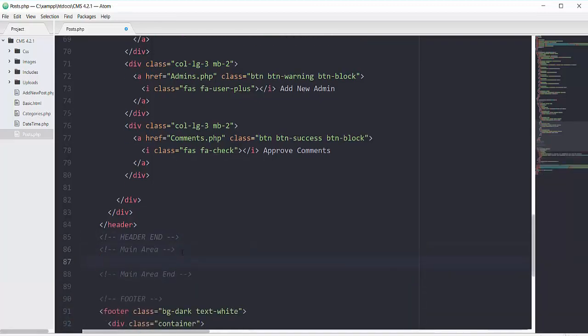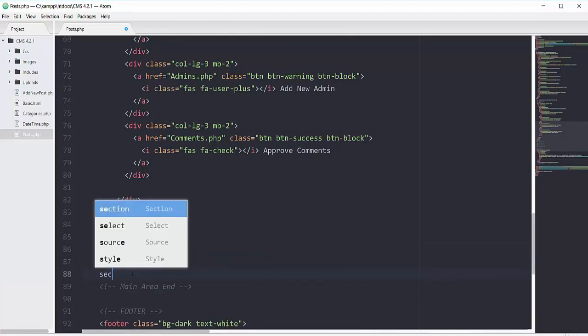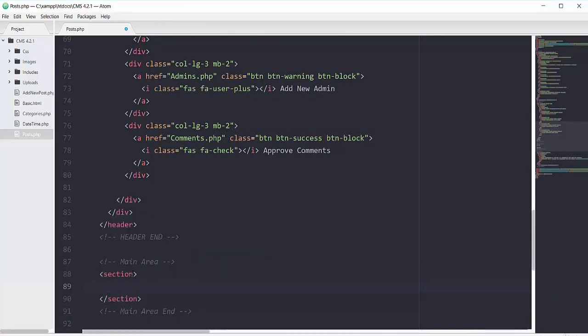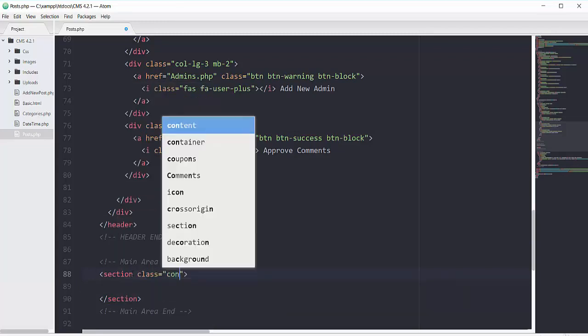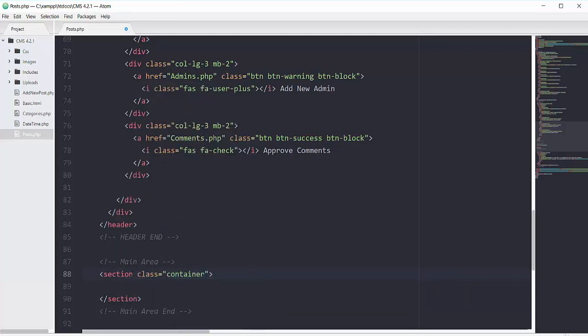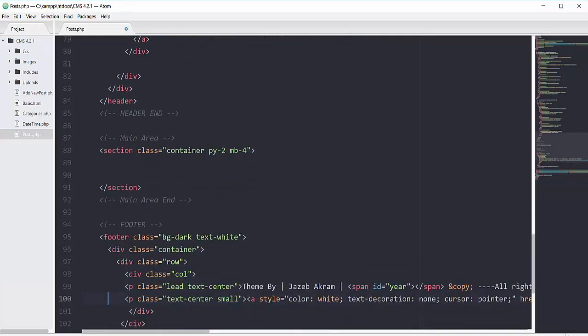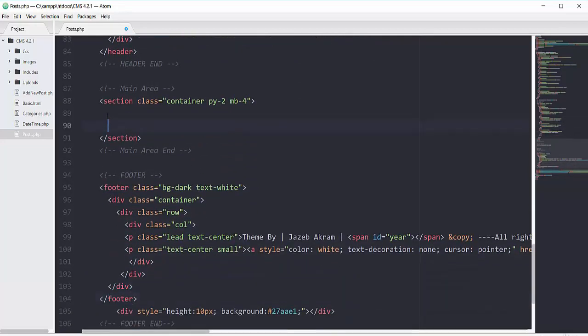So in the main area, we will have one section that will have bootstrap class of container, and let's give it some padding on y-axis to 2 and some margin bottom of 4. Now inside this section, let me add a couple of spaces. Okay, so inside this section we will have